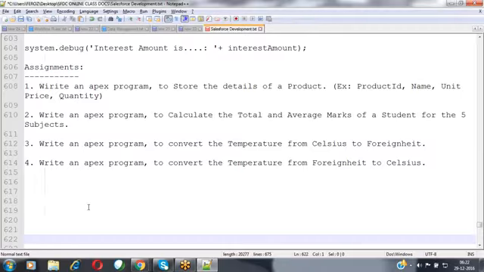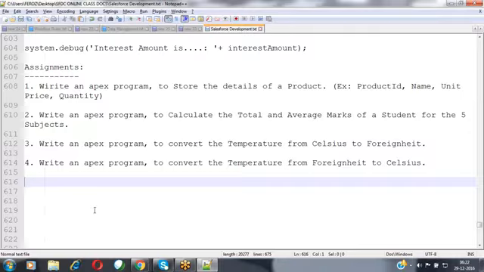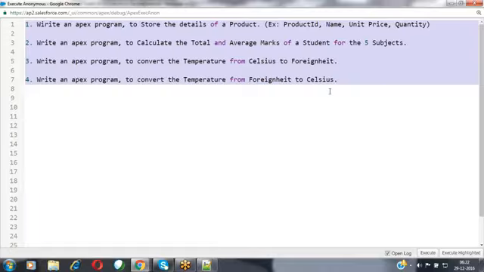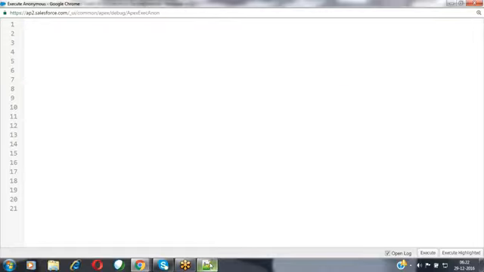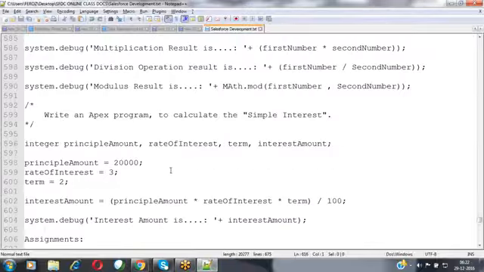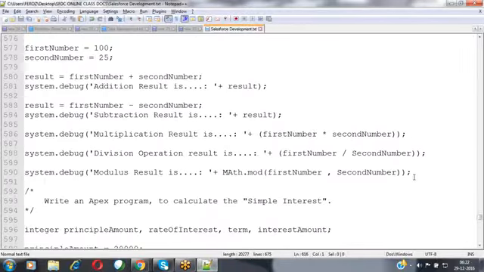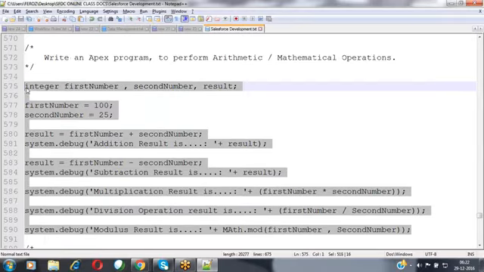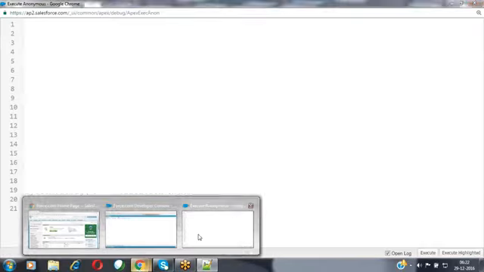Okay, now the next one. Previously we implemented a small program in order to perform the mathematical operations on these values.